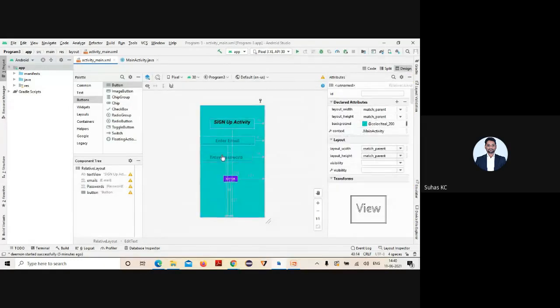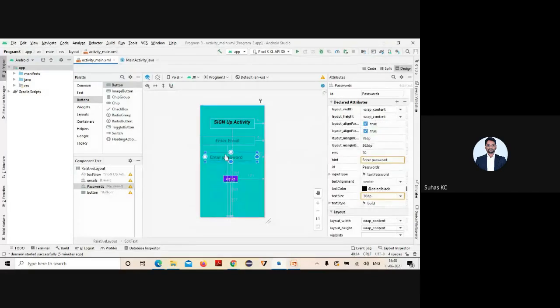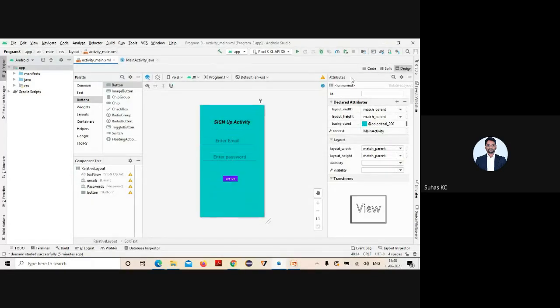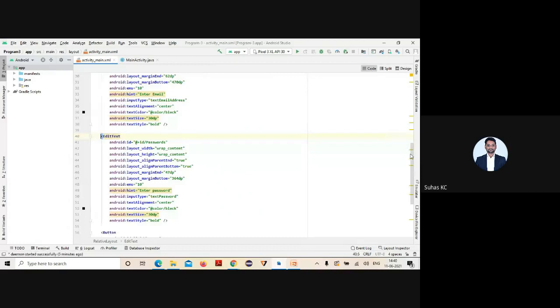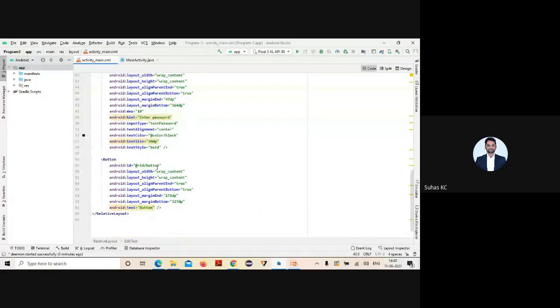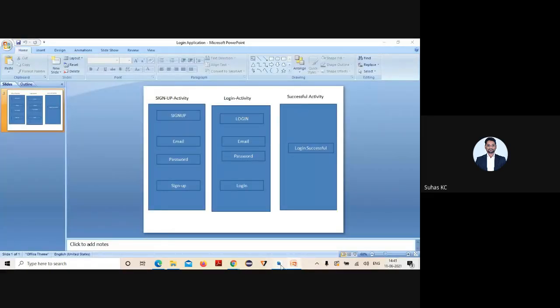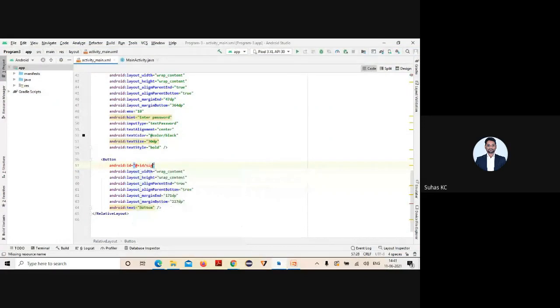Yes or no? Getting or not? So now I need to change it for your button, right? So just go to your code part. First and foremost, what is the button used for? The button is used for sign up. I'll just give sign up itself. You can give anything, not an issue. Sign up, and the ID I'll create. And what is the text it should display? It is used to sign up, so I'll just give sign up as the message it will display on that.